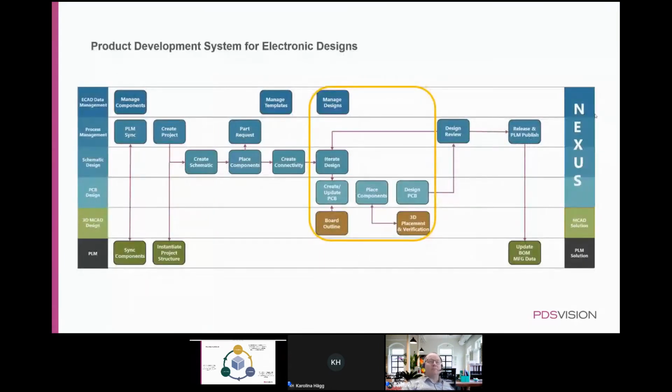Then one of the topics is, of course, the actual design work and managing it. I believe that most of the participants in today's webinar are using an ECAD system, an ECAD tool, on a daily basis, so you know what the actual work is when creating the schematics and layouts. I'm not going to discuss too much about that side of things, but rather maybe show you something new, that is new information for you, and that's connected to the exchanging of data between the electrical CAD system and